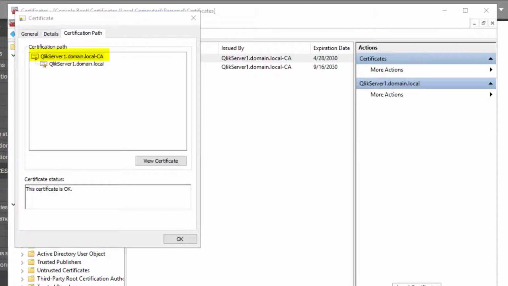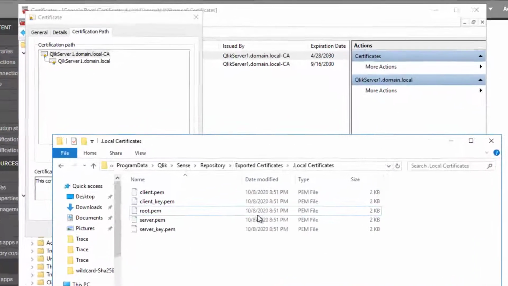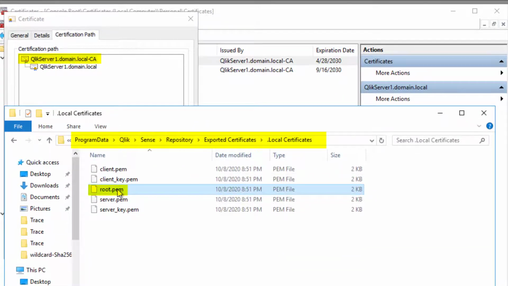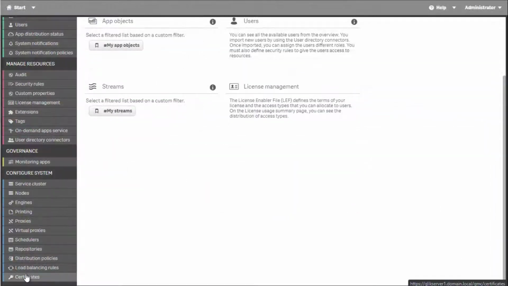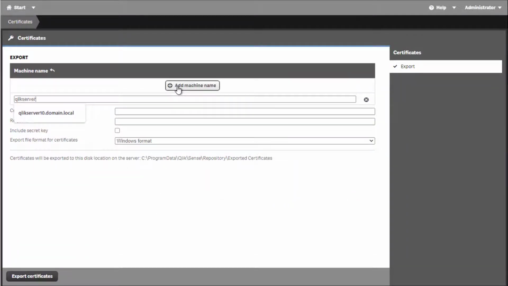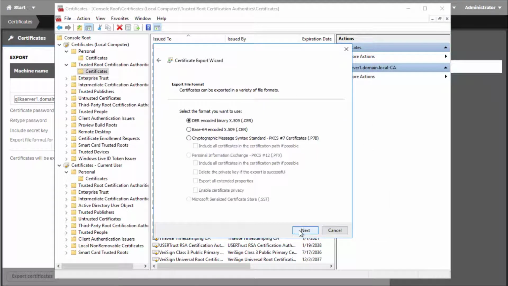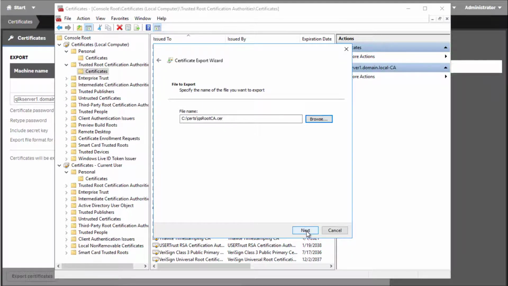So we can use the root certificate to make the ClickSense CA trusted by the client and resolve the error related to an unknown or invalid CA.